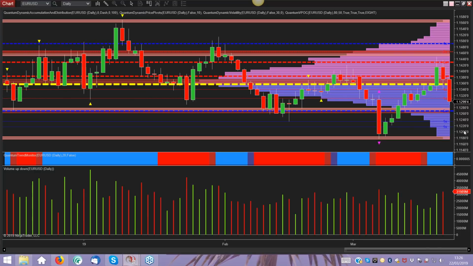Just go up onto the daily. There we go. In terms of potential support for euro dollar, we've got some here, but then as we get through that region, again, we've got very light volume as we work our way down. So, if there is a move through here, you would expect the price action to slice through here relatively quickly on decent volume.